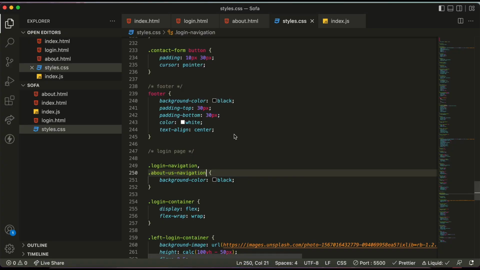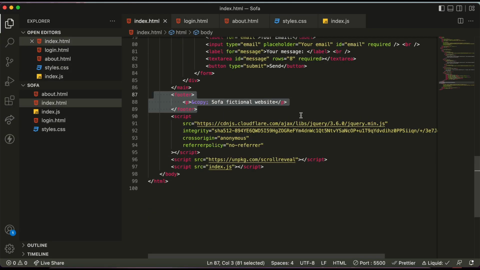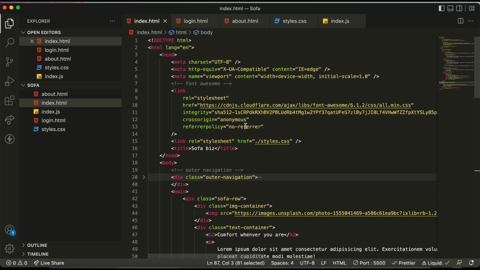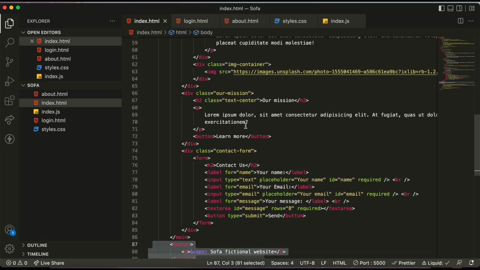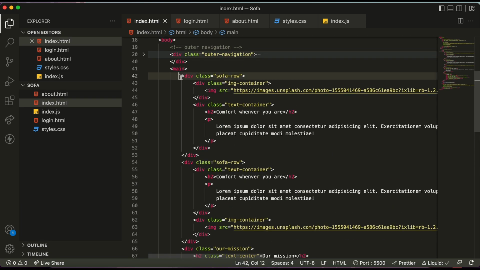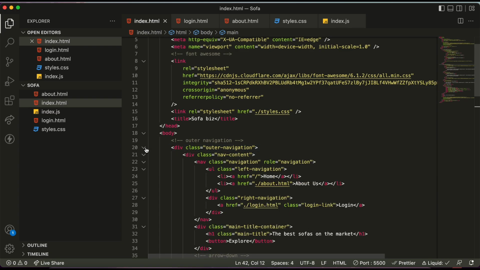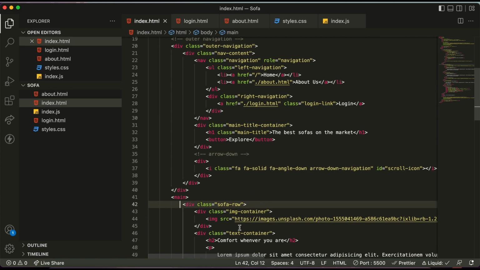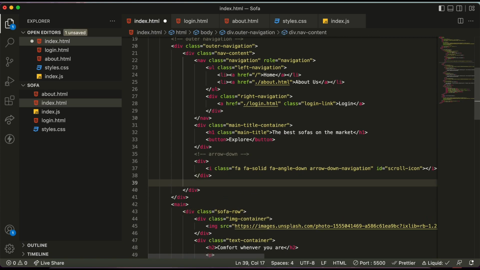So let's do it. So we create the mobile navigation first for the index page. So we can put it after this icon of mobile navigation,